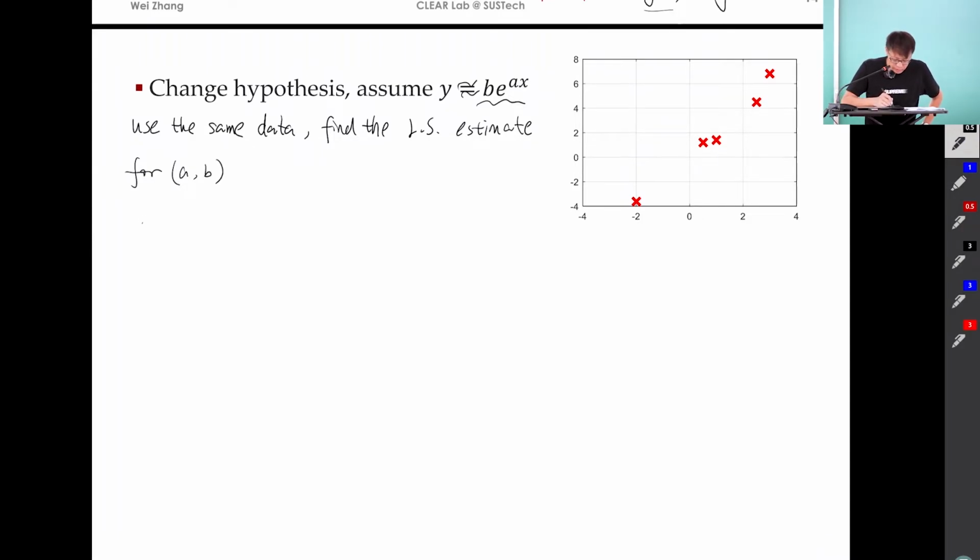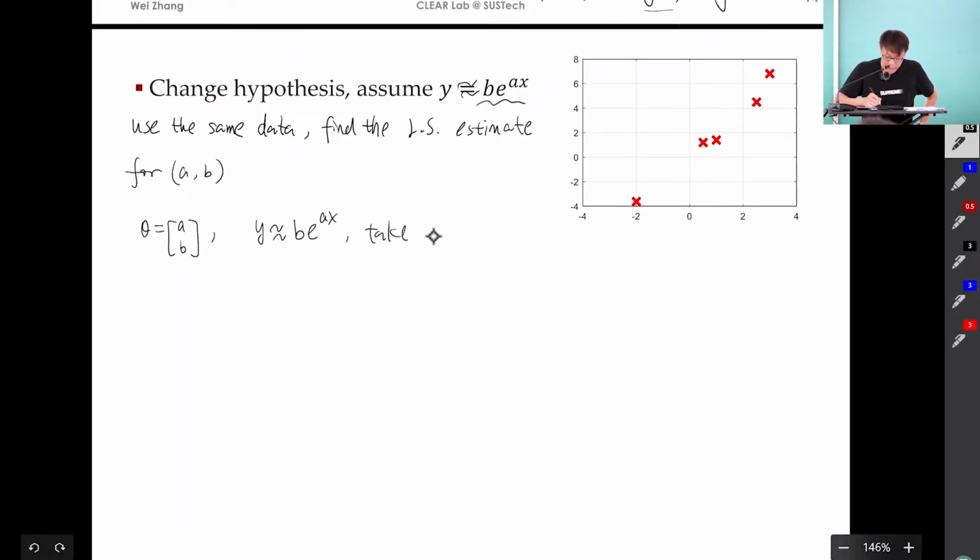Okay, so now in this case, theta is a and b. The model assumption is b e to the ax. This is nonlinear, you can use nonlinear least square. Still try to find the minimum distance between y and the model predicted output. But in this special case, if we take a log on both sides, you will have